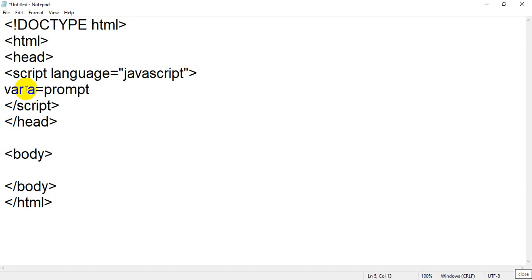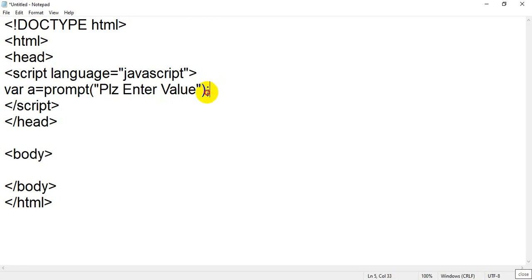The prompt function is used to accept a value from the user. I am going to write a message, please enter value. Now I am going to put a semicolon.